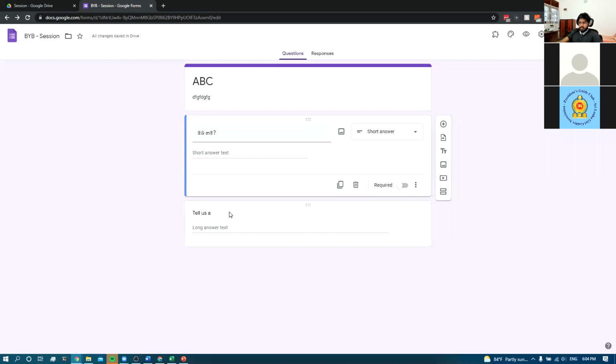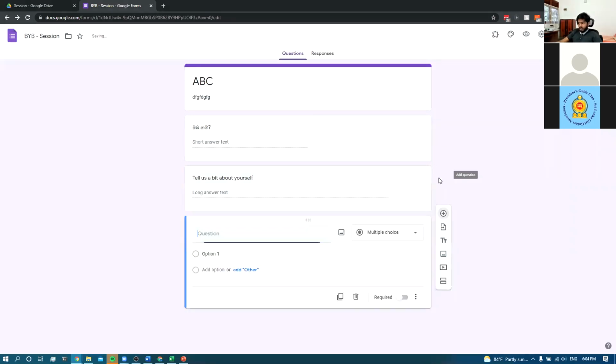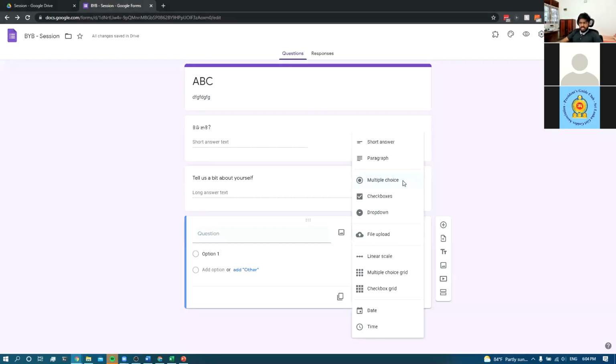Likewise, you can have short answer text, then paragraph. So, for example, if you have a question like tell us a bit about yourself, I think almost all the people who have faced a job interview will know that these two are the first few questions that an interviewer would ask you. Then you have multiple choice. So select